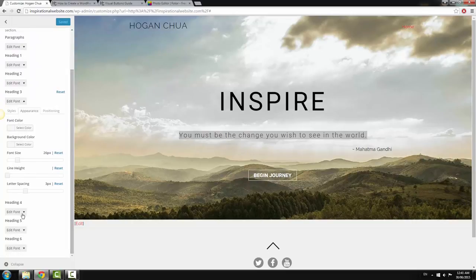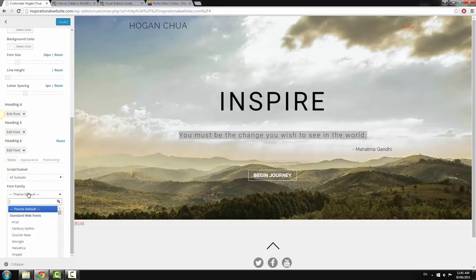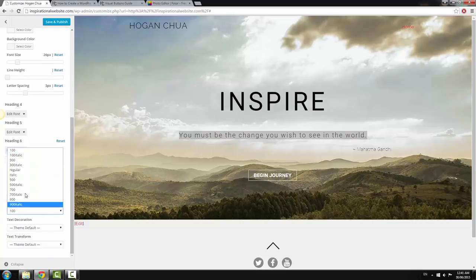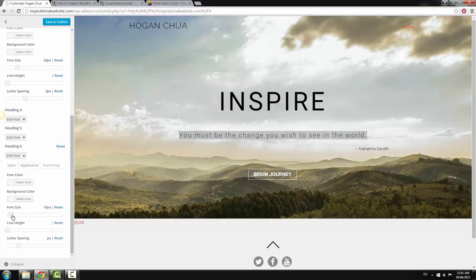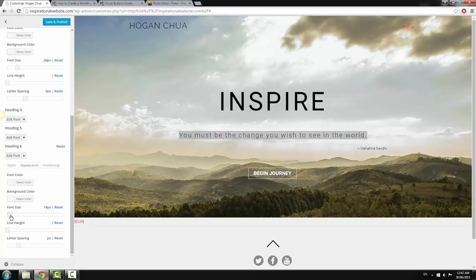And now let's change the heading 6 font to Roboto, same font as well. Try keep your fonts to just one standard font for your whole website, otherwise it's going to look unprofessional. For the weight, we're going to change it to 300. Go to the Appearance tab, change the font size to 14, so we're going to make it nice and small, and we're going to save